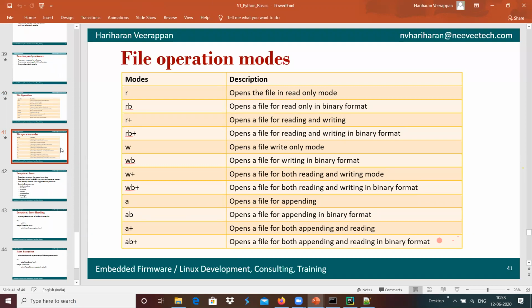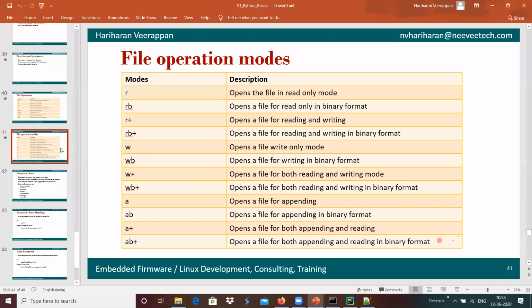If there is a binary file, we cannot open it using R. We have to open it with RB so that binary data can be read from that file. We also have R plus, which means we open the file for reading and writing, and RB plus means we can open the file for reading and writing in binary format.